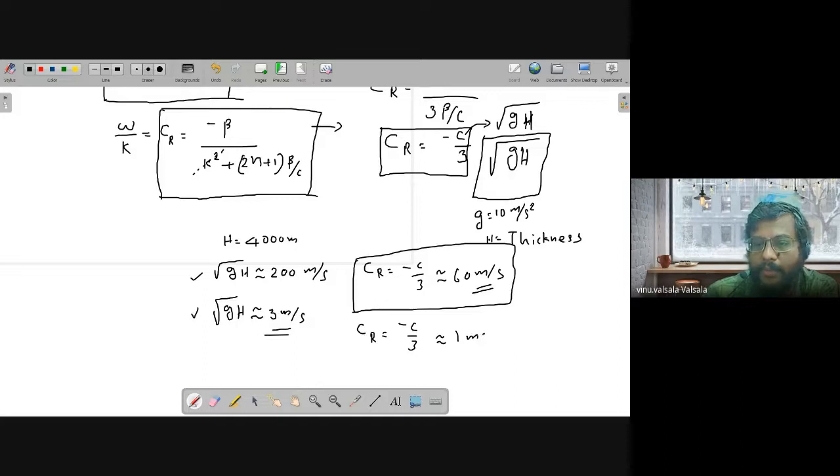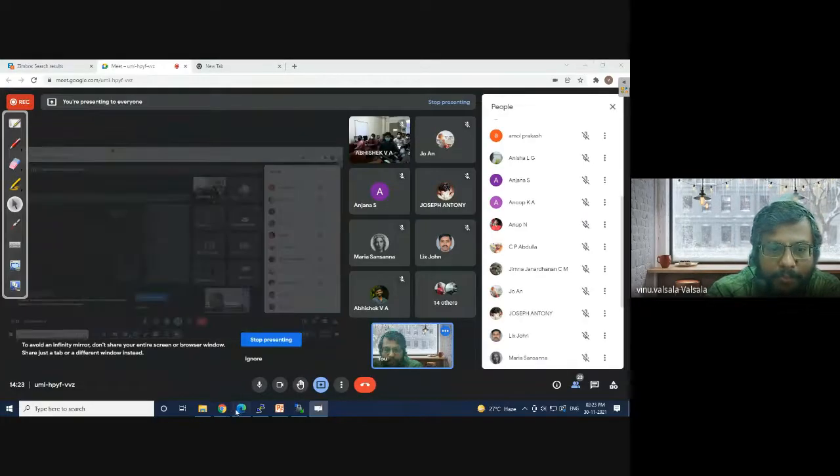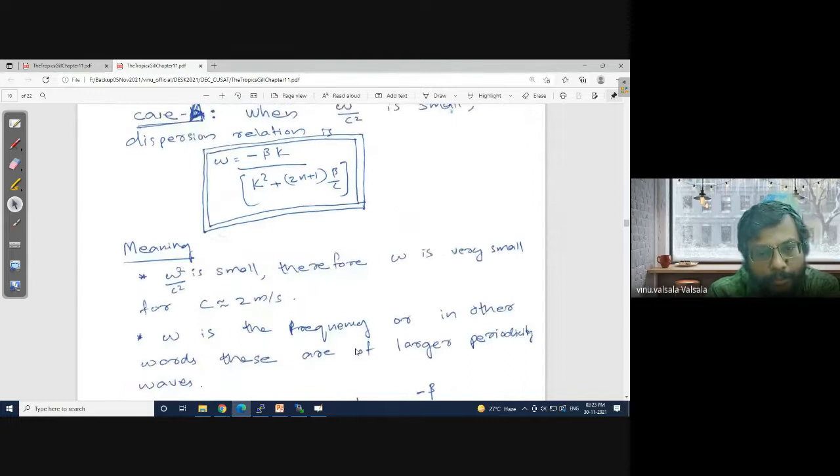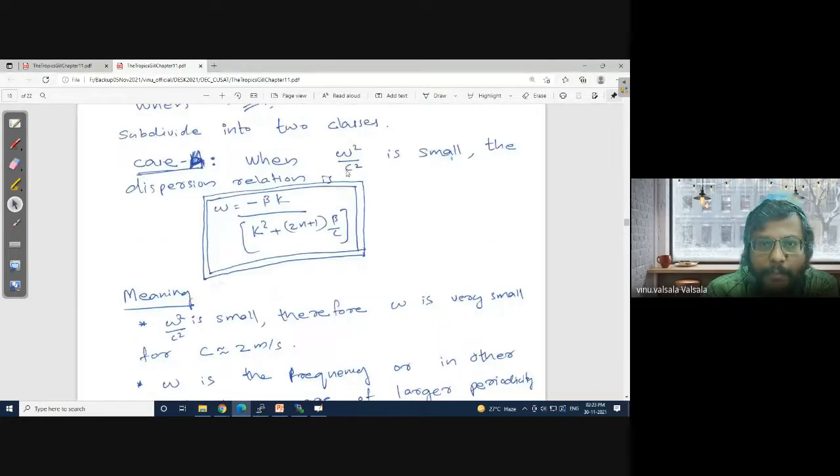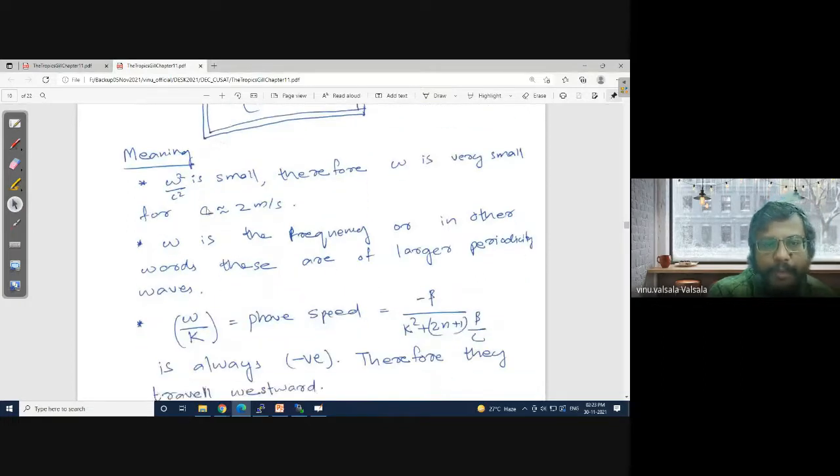Such waves travel at a very small speed and have consequences in our weather and climate. We are going to see that also in our simulations. So this wave is called, I'm going back to the desktop, the Rossby wave. This wave, with omega by c very small, means very low frequency, very large wavelength, traveling westward, is called the Rossby wave. So here I read out the bullet points, or equatorial Rossby waves.